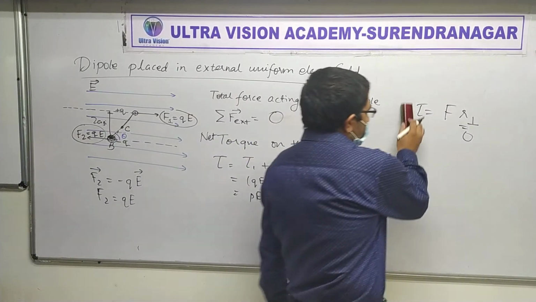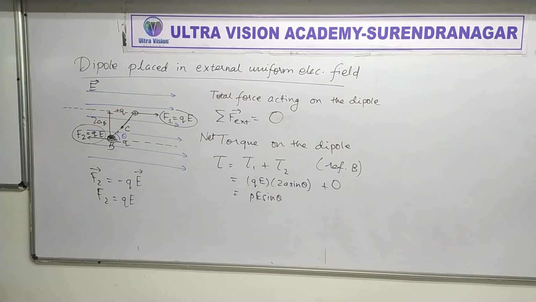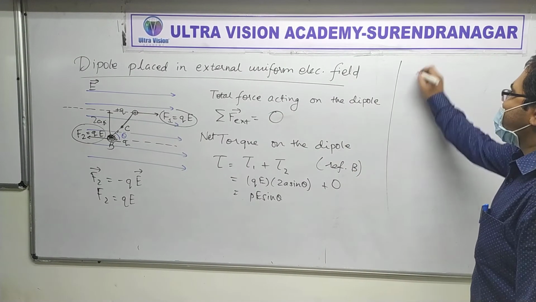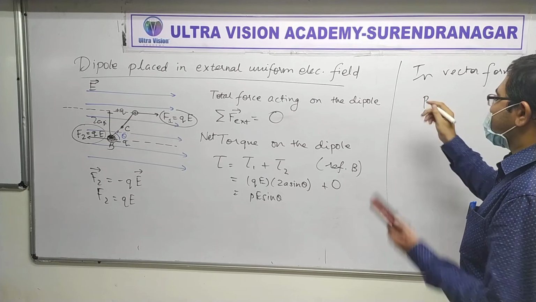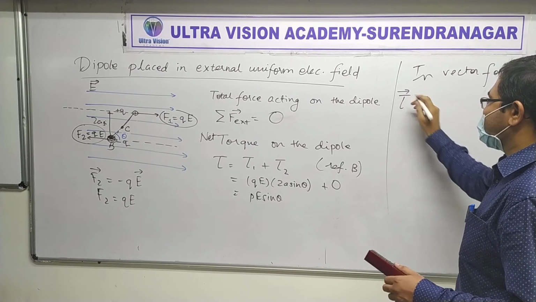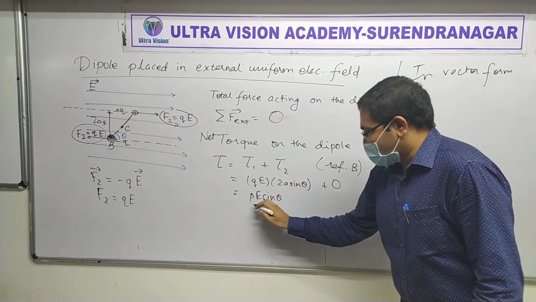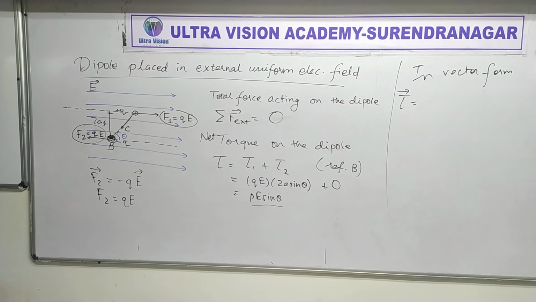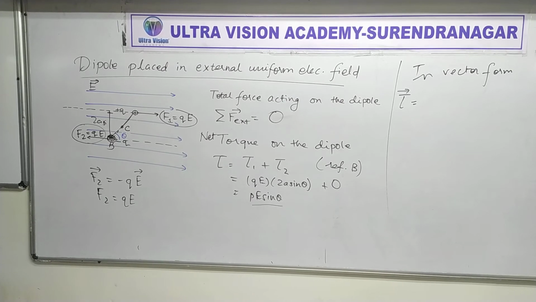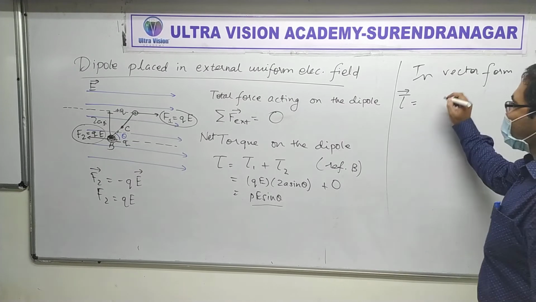Obviously, you can choose any one of the two correct methods. Now, let's write it in vector form. Because torque is a vector, what do you think? Such sin theta kind of things, a b sin theta, what is the form of that? Dot product has sin theta? Cross product, is that okay or not? Cross product has sin theta, yes or no? Yes. So we have two choices.